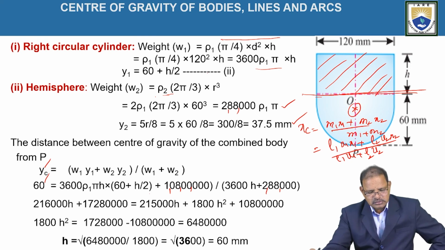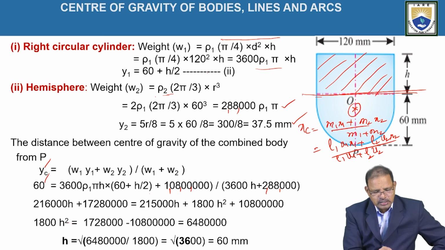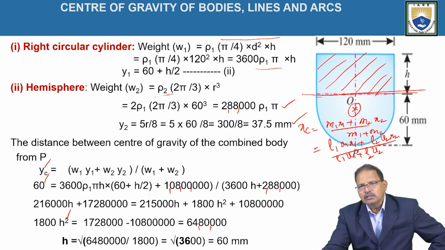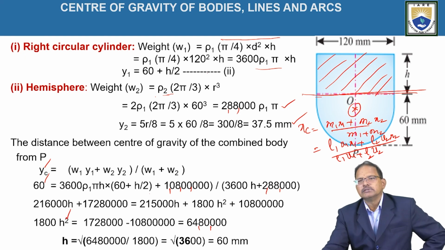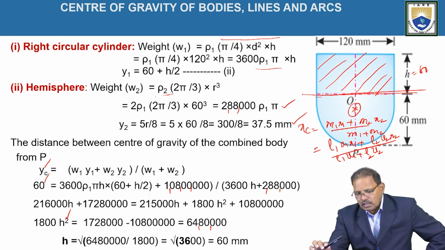So from these relations, bringing the H values to one side and the coefficients to the other side, we get 1800 H square equals 64 lakhs 80,000. So H equals the square root of 64 lakhs 80,000 divided by 1800, which is the square root of 3600, or 60 mm. That is, the height of the cylinder should be 60 mm. Then only the center of gravity of the composite figure lies at the plane, which is the intersection of both the